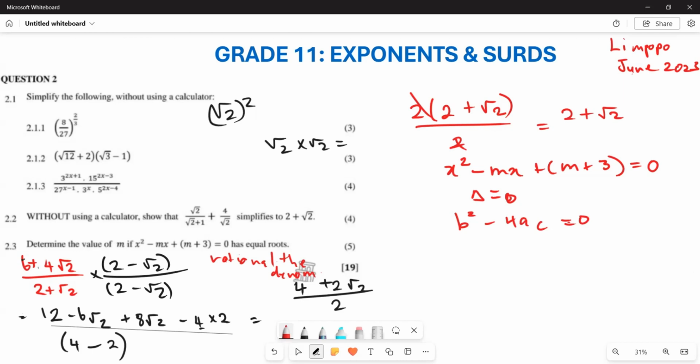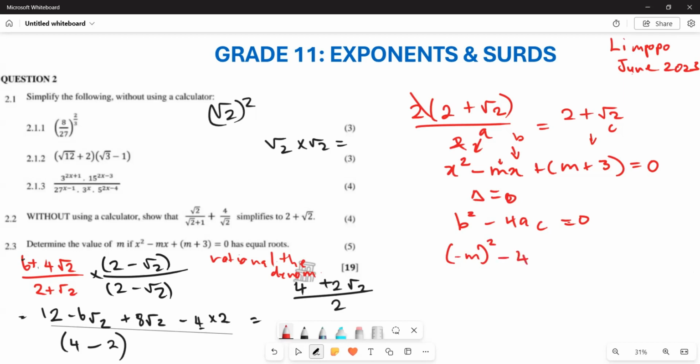Which means this is going to be a representation of your a, this is going to be a representation of your b, and this is going to be the representation of your c. Now, under your b, what is it that you are going to write as your b? This is going to be negative m, right? Remember, all of these are going to be like that. So your b is going to be negative m, close bracket, negative m squared, subtract 4